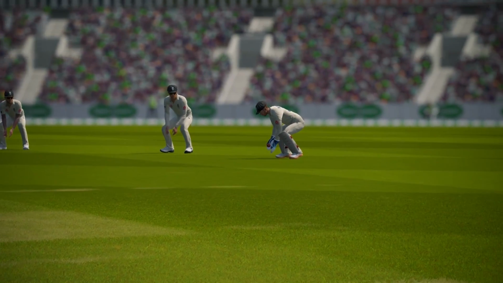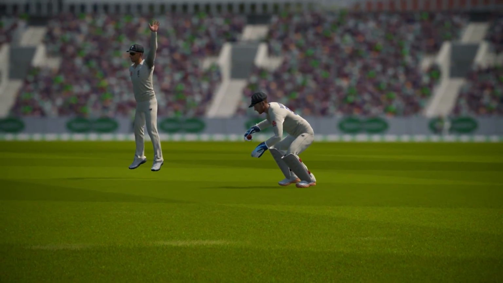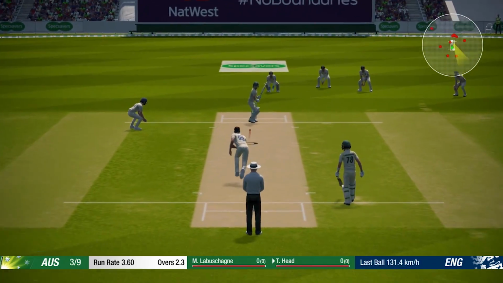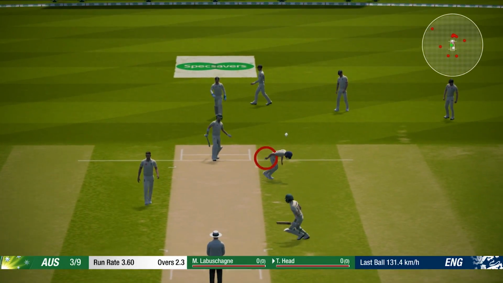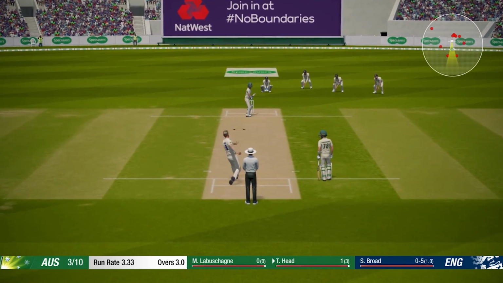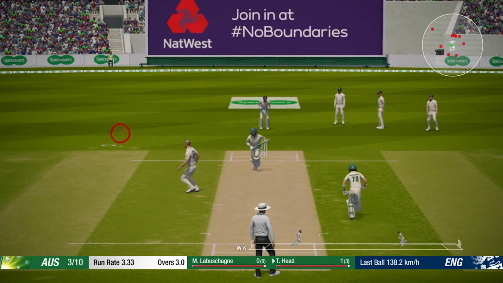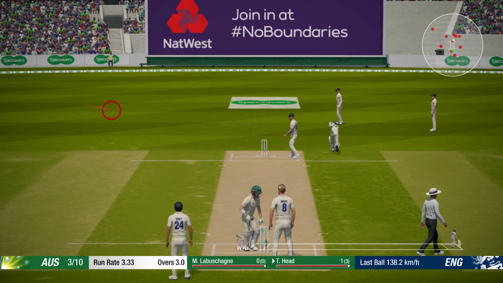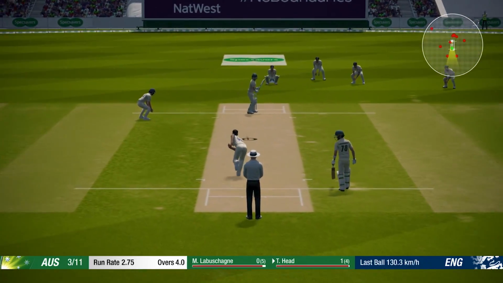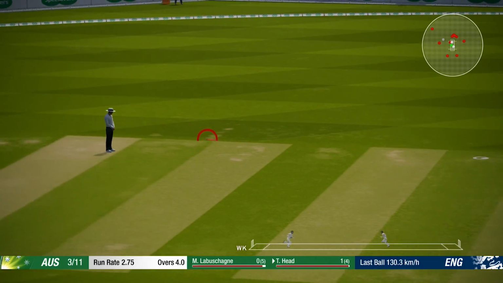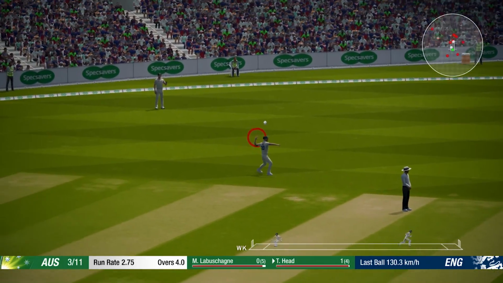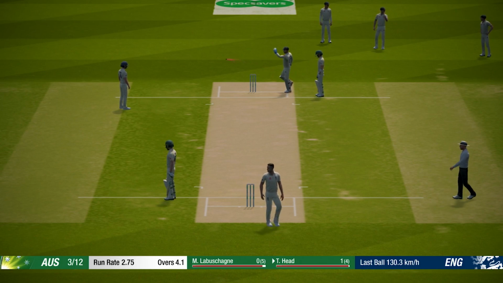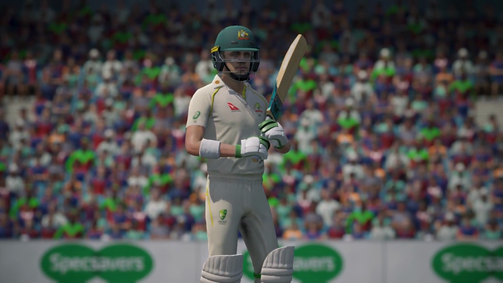Bit of a delay with the rain, the ball skidding. But maybe just a little bit too quick. Steve Smith goes. First ball. Australia 3 for 9. It's some really difficult times. Travis Head and Labuschagne at the crease. Need to get Australia out of this hole that they're in, thanks to the bowling of Chris Woakes. 3 wickets in 3 balls. Our first hat-trick, or our only hat-trick so far for the series.